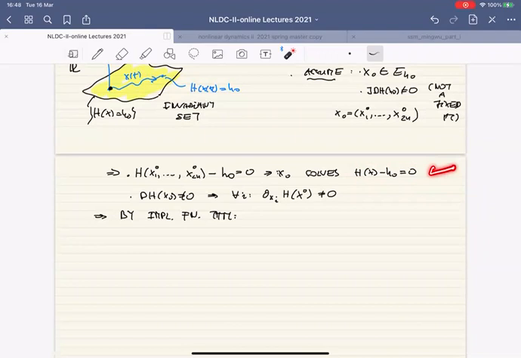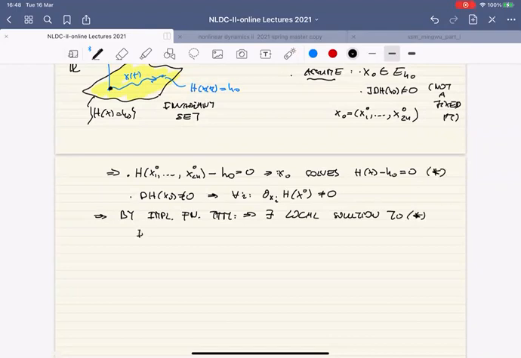That's how the implicit function theorem starts, the statement. And then I also found that one of the solution components, one of these coordinates, has a non-zero derivative. With respect to that, the Hamiltonian has a non-zero derivative. Then the implicit function theorem says that I can locally express, in solving this equation, that particular one as a function of the rest. So that means there exists a local solution to, let's call this star, this equation here, star, in the form